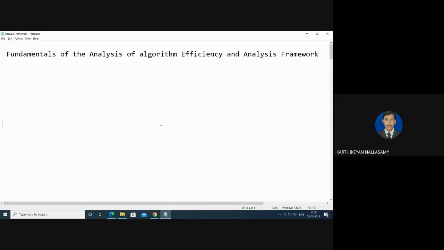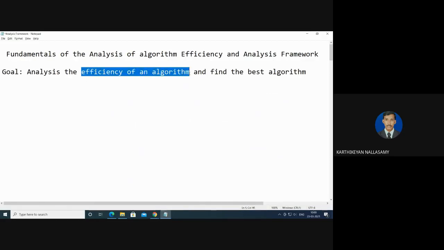Hello everyone. In this video, I am going to discuss the fundamentals of the analysis of algorithm efficiency and the analysis framework. In this topic, I am going to discuss the different possible ways in which the efficiency of an algorithm can be calculated, and we are going to analyze the different types of efficiency classes. So the main goal of this analysis framework is to analyze the efficiency of an algorithm, and from that efficiency, we are going to identify the